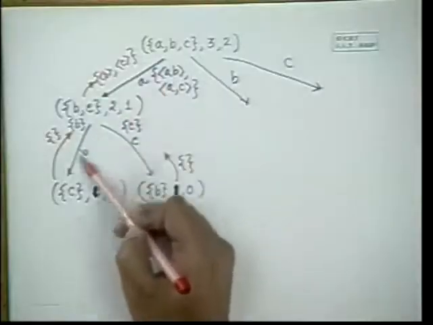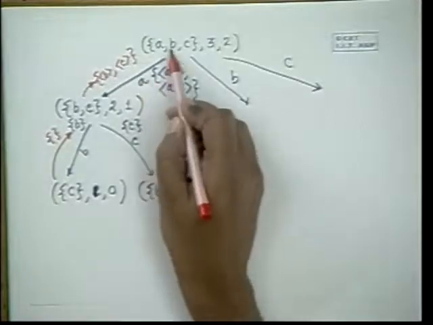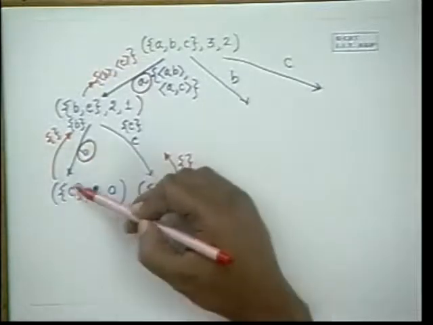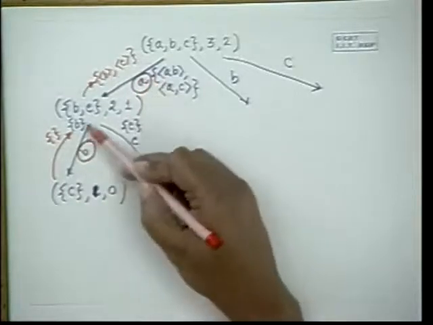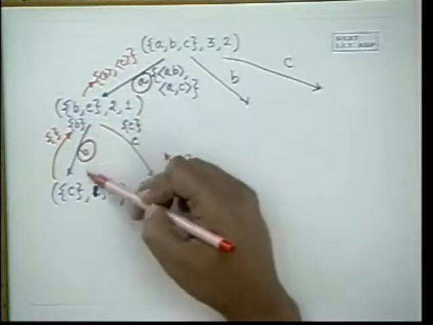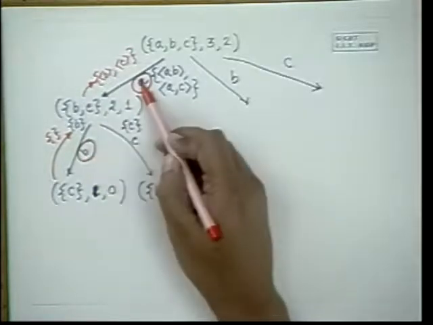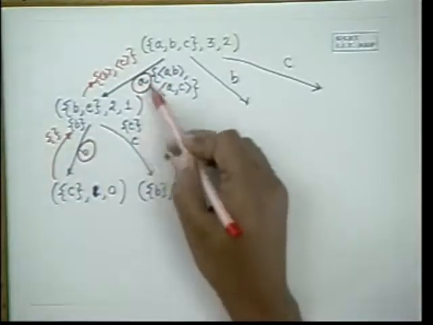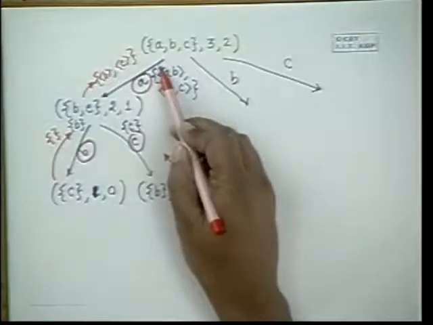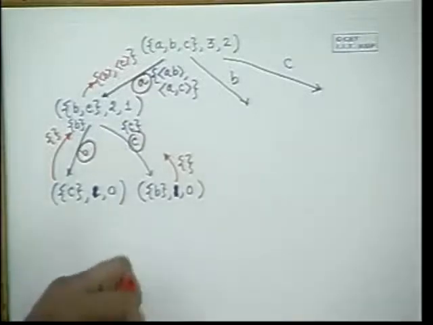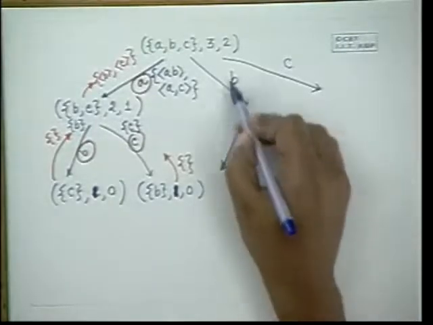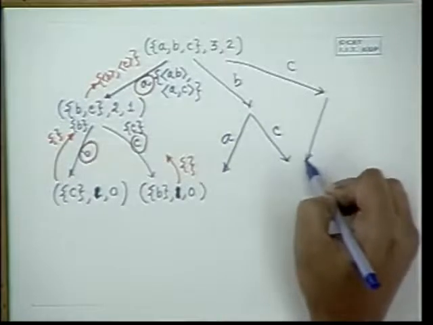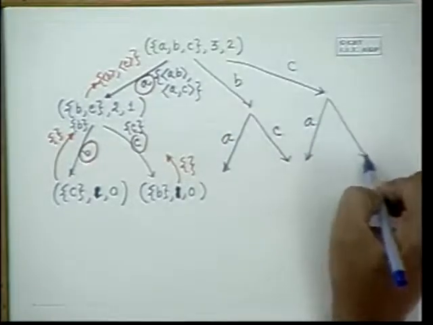Now let us have a look at this point. At this point, we have got this A and we have got B, and once we reach 0, this path corresponds to A and B. When you compose, when you go back, null will be appended to B and A will be appended in front of B. If you have a look at how the recursion proceeds, AB will come from this side, AC will come, and if you go in more detail, from this side BA will come, from this side BC will come, from this side CA will come, and from this side CB will come.